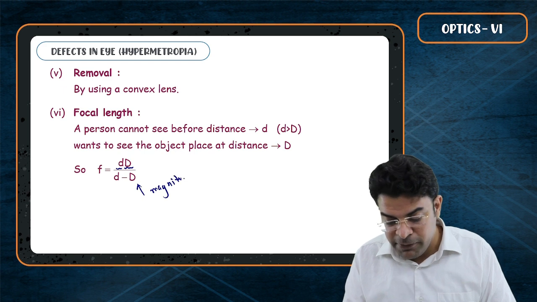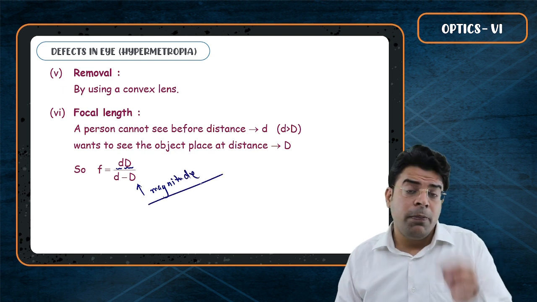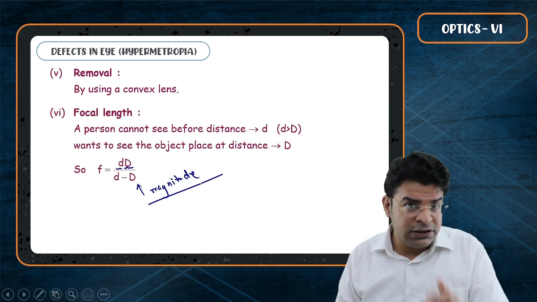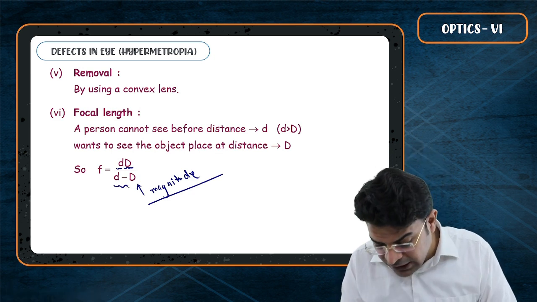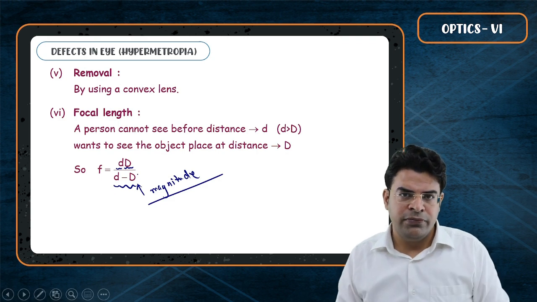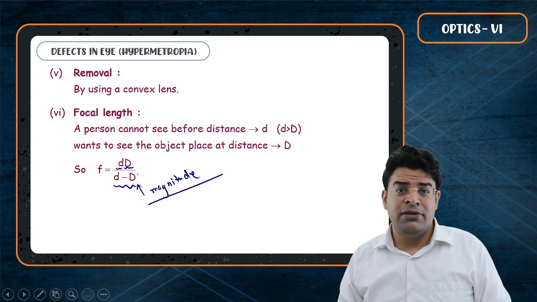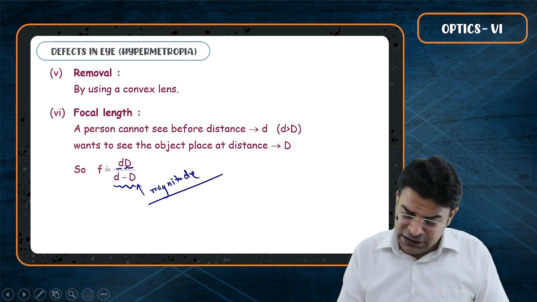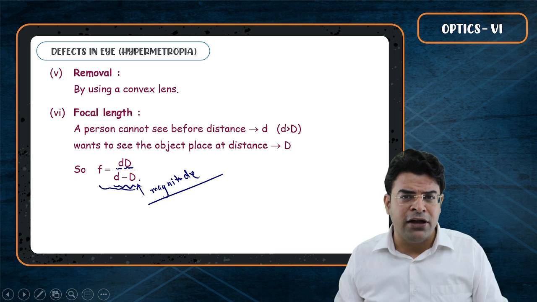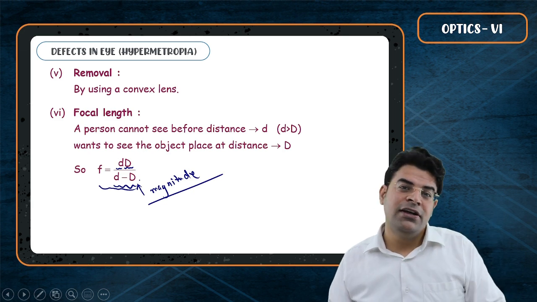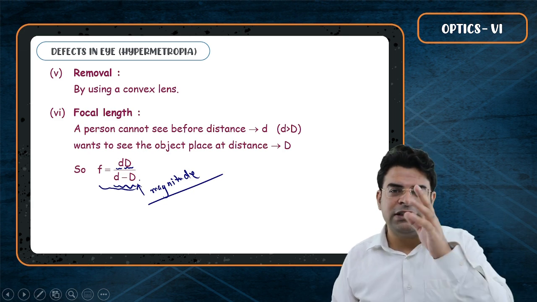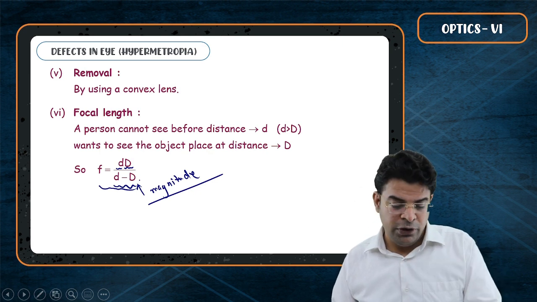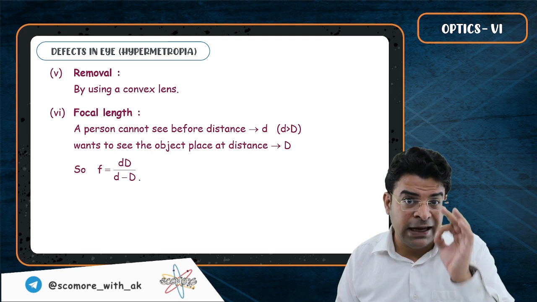And this is what makes optical instruments difficult for mediocre students. Good students listen to the derivation carefully. To them it's clear what is small d, what is capital D. The weak student doesn't listen at all, and neither do they know about sign convention. They just look at the formula and boom, they get the answer. But the mediocre guy has learned that we should always take sign in optics, and when they apply sign here, they fail. So better just remember one word which I am saying right now.